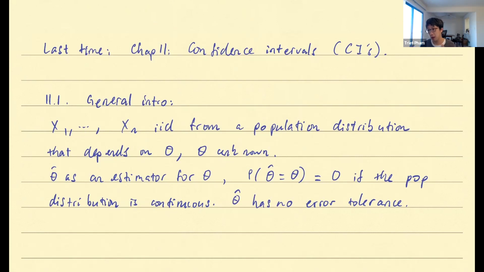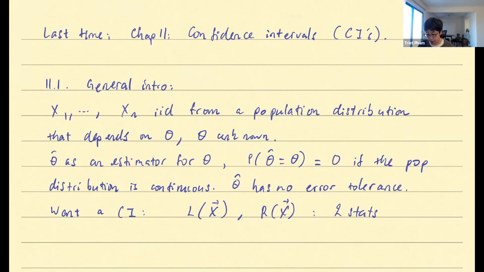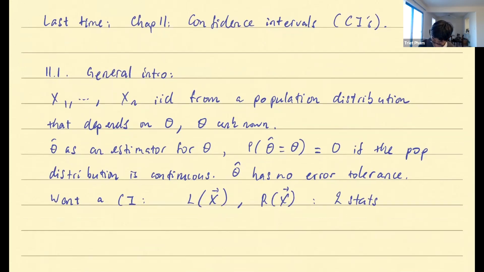A point, by definition, does not have any kind of fluctuation, does not have any room for you to kind of move around. And so what we want, right, we want an interval estimator. We want a confidence interval. Okay, so the confidence interval conceptually will be two estimators, two statistics together, right? So this, broadly speaking, can be thought of as two stats. Of course, they're kind of closely related, but for now, let's just think of them as two stats, such that